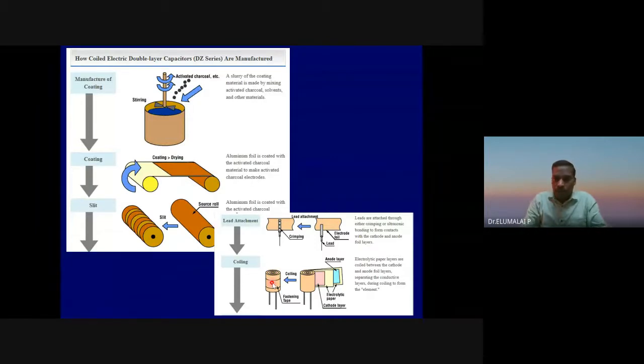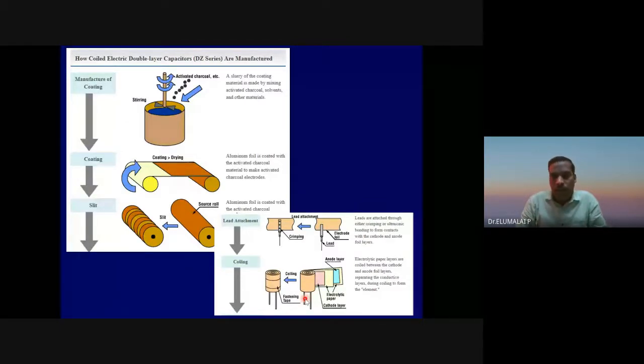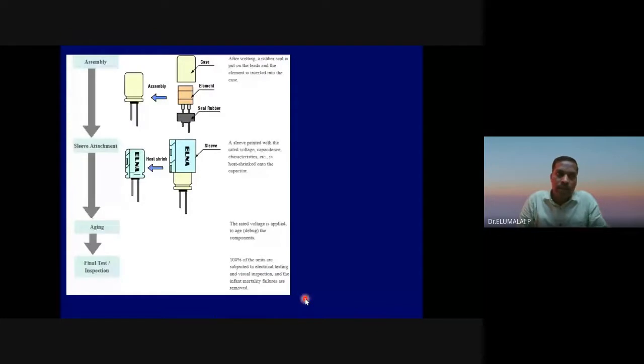This is what you can see here: cathode layer, electrolyte layer, anode layer, you can stack it, roll it, and compact it so that contact resistance is low. There is an automatic machine to do this. If we do it by hand, we will definitely have more resistance. There is an automatic compacting and rolling machine which can roll with minimum resistance. Then it can be inserted, finally sealed, labelled, and it is done.